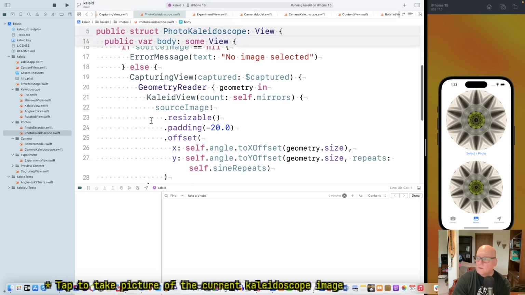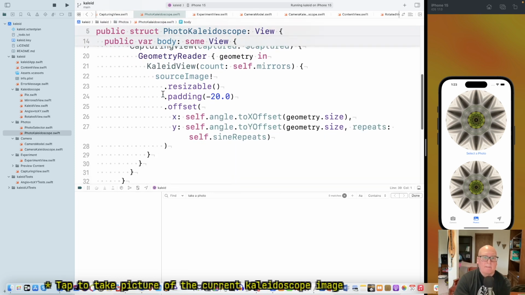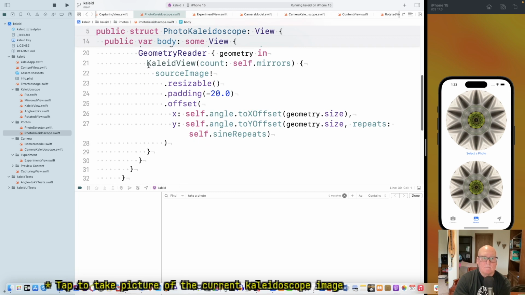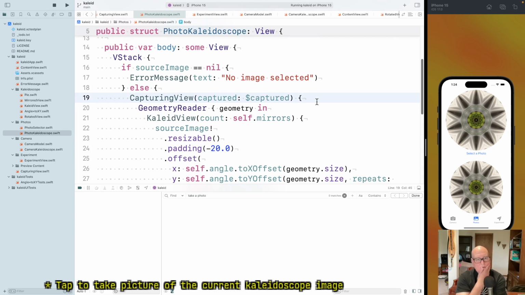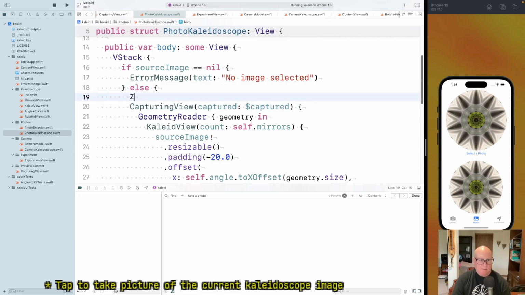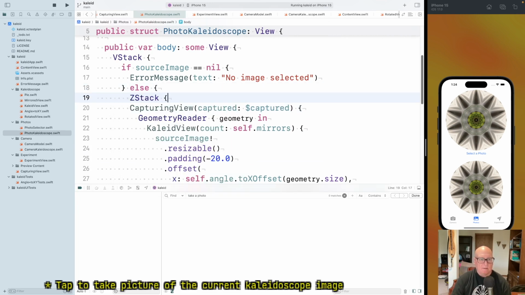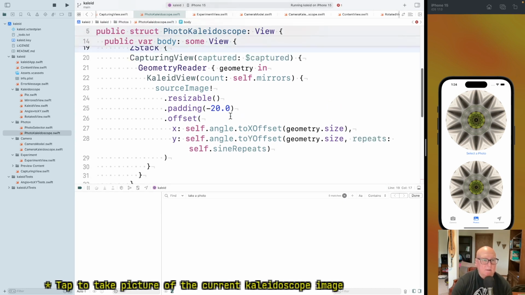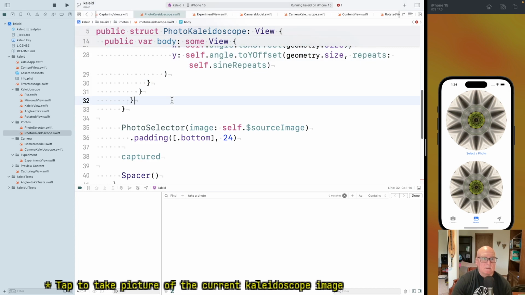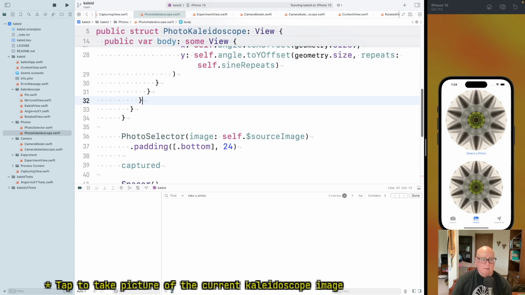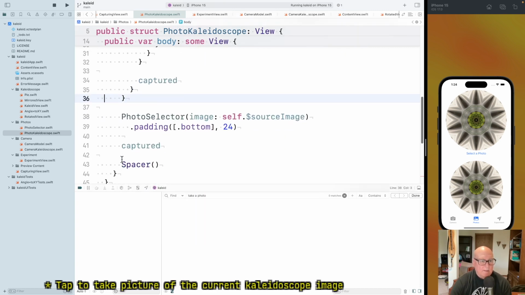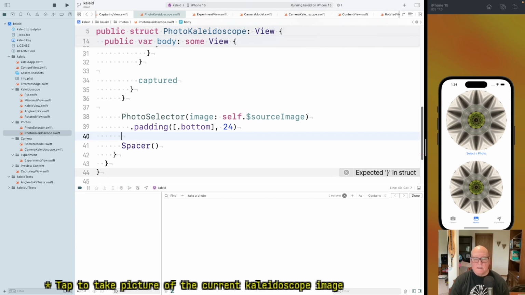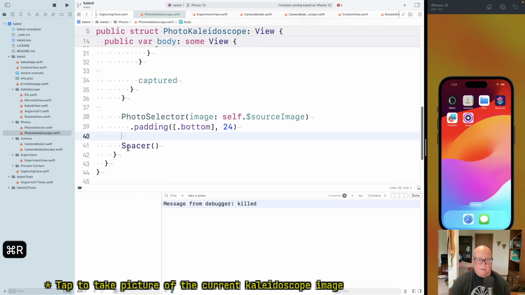Let's see. I'm not sure where the Z-stack goes, but probably here. No, I guess it goes here. Z-stack. Okay, and the end of this is the end of the Z-stack. All right, so that's the one thing, and then let's put captured in there. And I don't know that it has to start exactly in the center of the other one, but